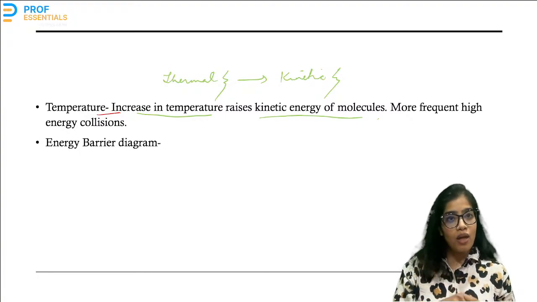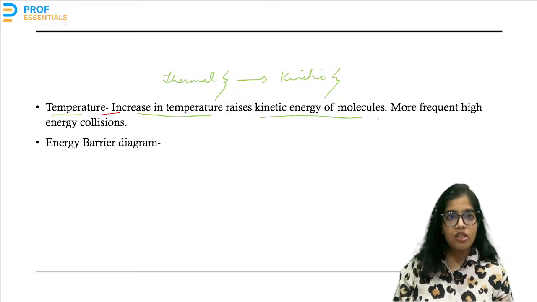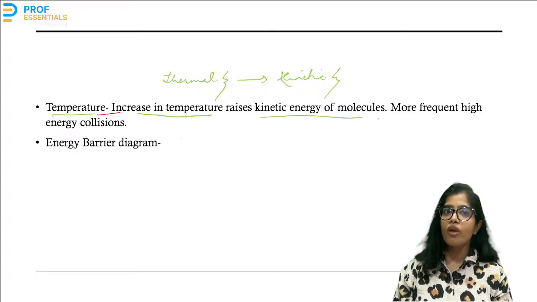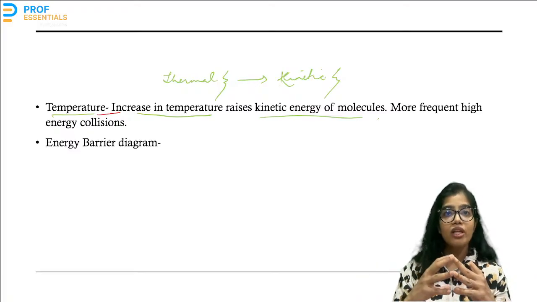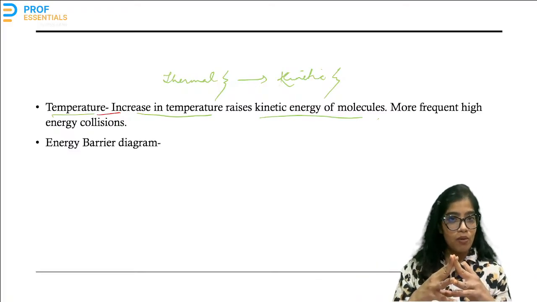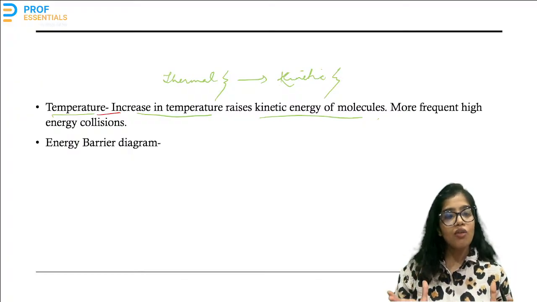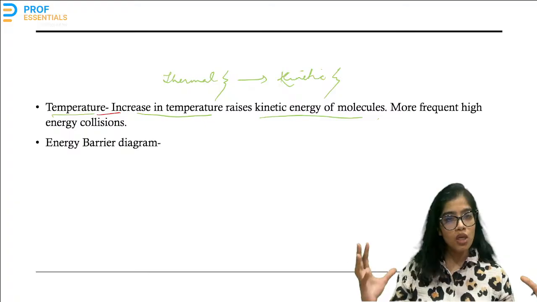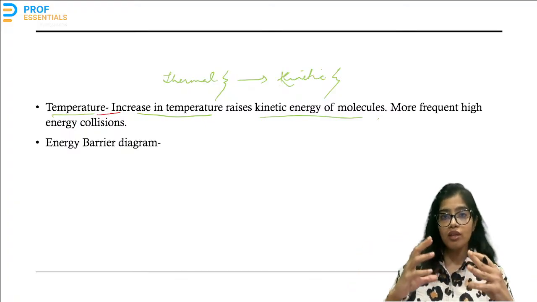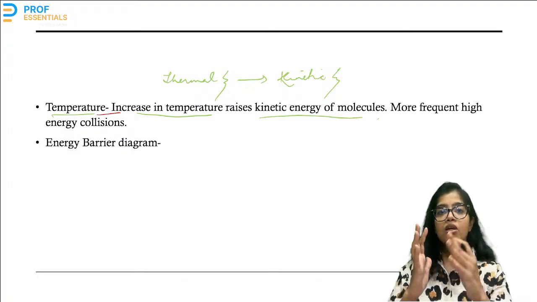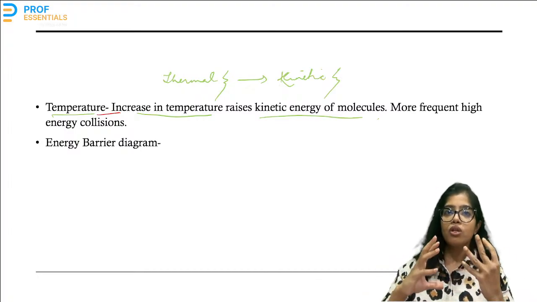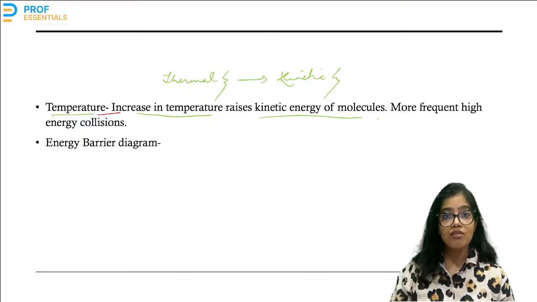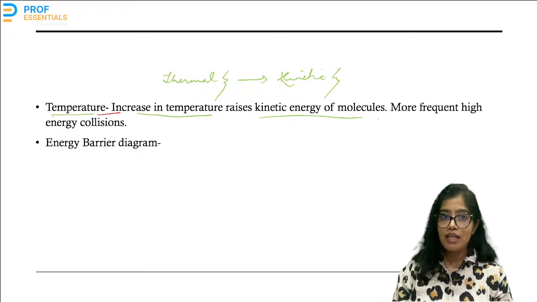One other way is that the temperature is going to raise the energy, and also it is going to raise the collisions. It is going to raise the nearness of the molecules. Because they now have a lot of kinetic energy, they are going to be very near to each other, because the energy is making them move about. So there will be a lot of collisions, and the collisions are going to be high energy collisions, because they will have a lot of pent up energy inside because of the increase in temperature. So increase in temperature is going to increase the rate of a reaction.